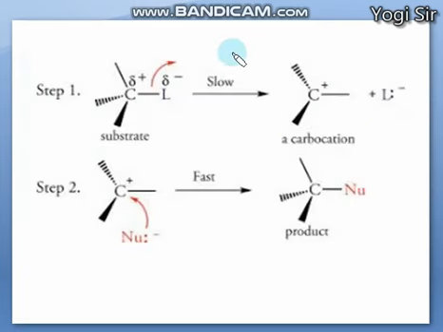In the same way, here also it is mentioned in 2 steps. You can see the first step is slower, as we have discussed previously, and this step must be reversible in nature, with forward as well as reverse reactions happening during this process. It is the slower step, so that is mentioned as the rate determining step, while the second step, the attack of the nucleophile on the carbocation, is faster, right? So this step is not rate determining, only the first step is the rate determining step, and it is also a first order chemical reaction, or you can say first order kinetics.